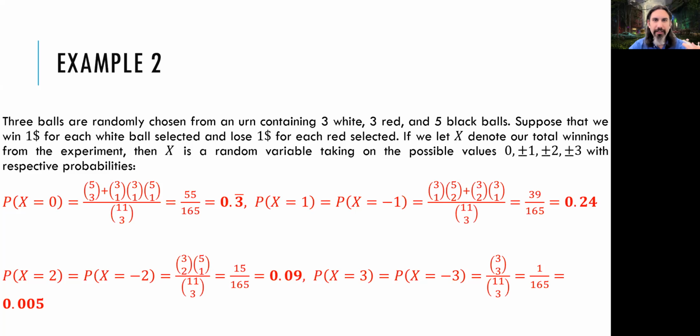Then again, for getting a winning of 2 and 3, I can just calculate these values as well. Now, here, the important part is that the total of all these probabilities should be 1. But in here, it isn't. If you calculate the sum of all these values, 0.3, 0.24, 0.05, and 0.09, you get something along 0.3062 or something like that, I guess. I don't know. But still, it has to be 1, but it isn't.